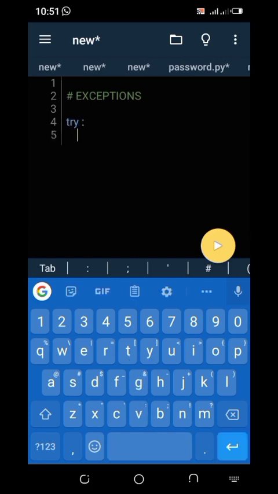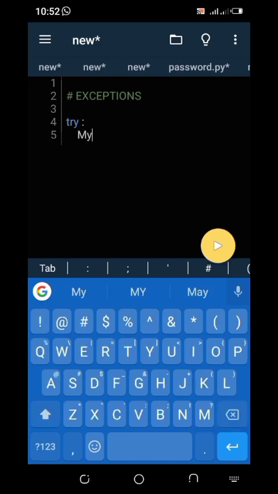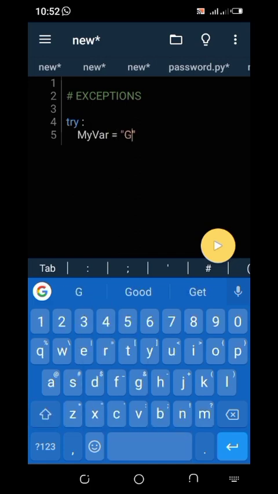Try, followed by a colon. This is the syntax for handling exception using the try clause or statement. You write the try keyword, followed by a colon. And let me define that variable again. My var equals greetings. I'll now use the conditional statement. If G in my var,